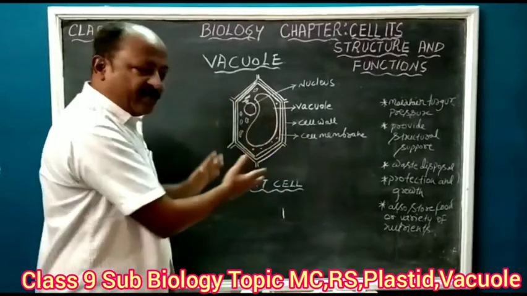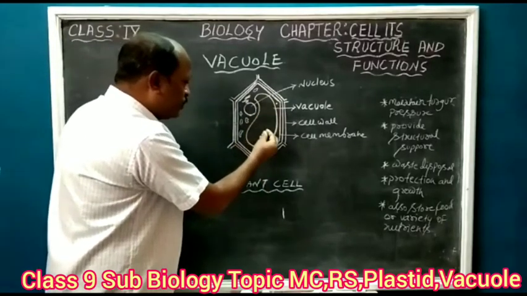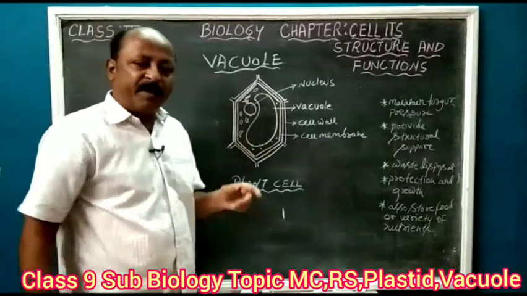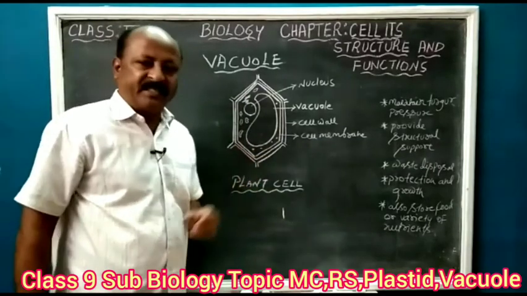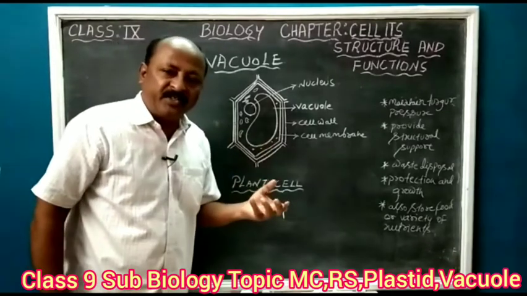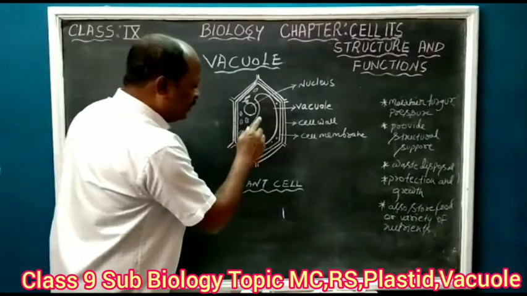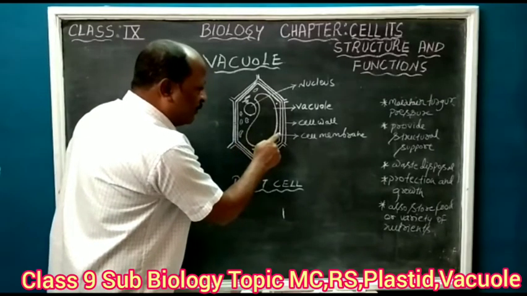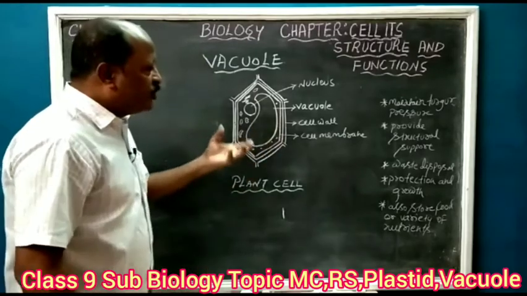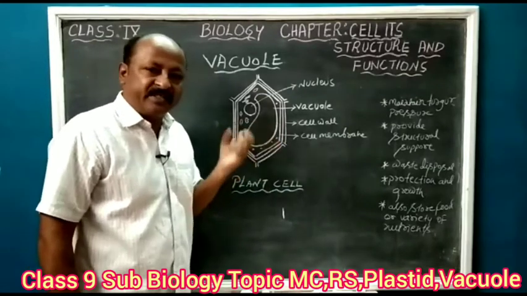So when you observe a plant cell, here you can see vacuole is so big that it is pushing the nucleus to one side. This is the nucleus, this is the vacuole, and this vacuole is a membrane bound organelle of the cell. So this vacuole is maintaining the turgor pressure inside the cell. So what is the turgor pressure? Turgor pressure pushes the cell membrane towards the cell wall. That is the turgor pressure. In the mature plant cells, it gives structural support to the cells.